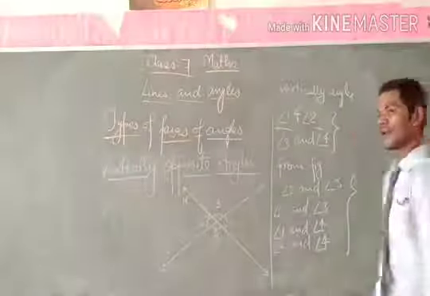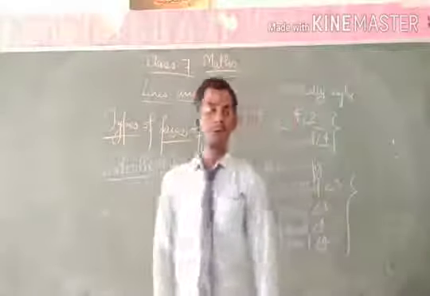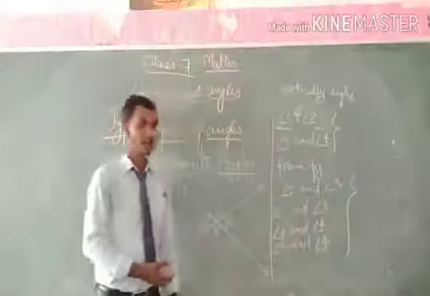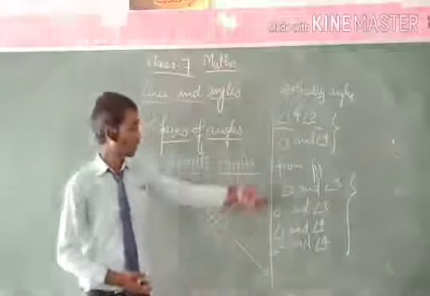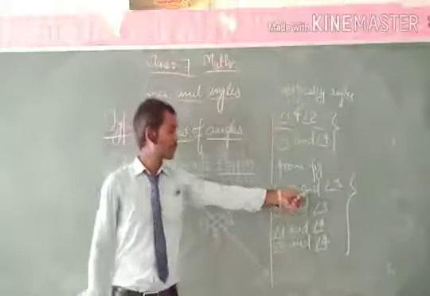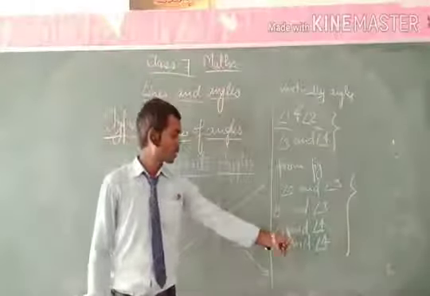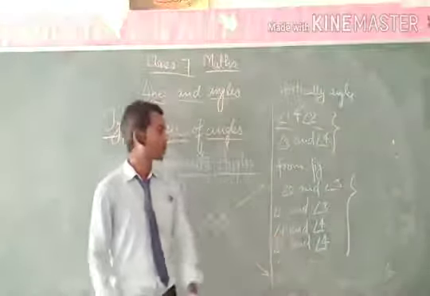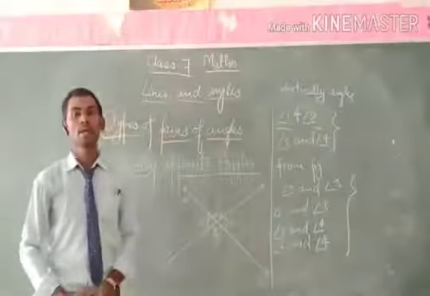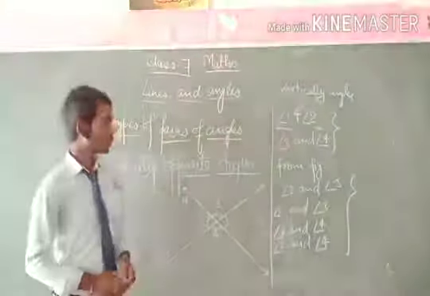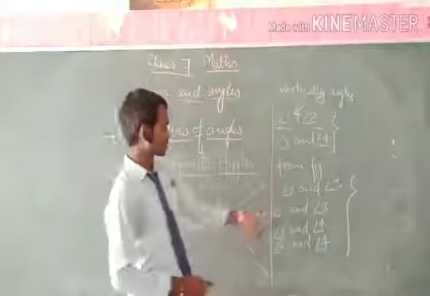These four pairs of angles form linear pairs. These four pairs of angles, that is angle 2 and angle 3, angle 1 and angle 3, angle 1 and angle 4, and angle 2 and angle 4, are forming linear pairs, because in the first case,